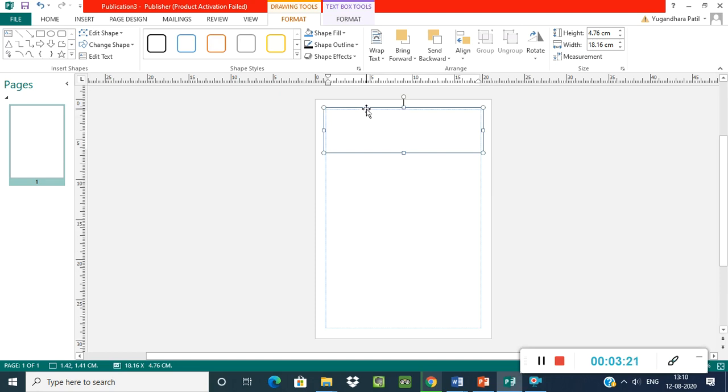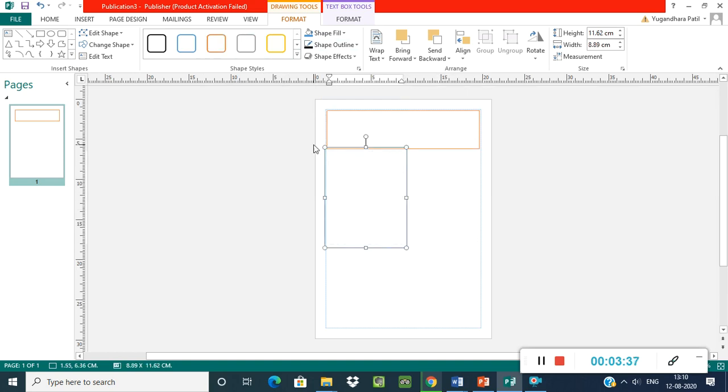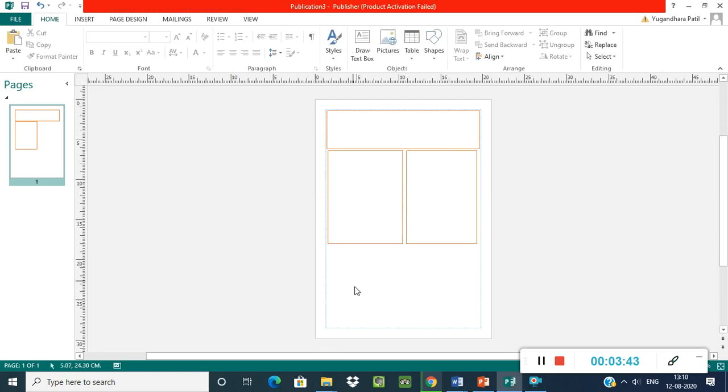Select this text box like this. I selected this text box. After selecting, see, you can give the background color like this. From here also the outline, or from shape outline here also. Okay, you can give any color. I am selecting another text box and giving the background color here, border color here. Okay, now I am able to see my text boxes here.